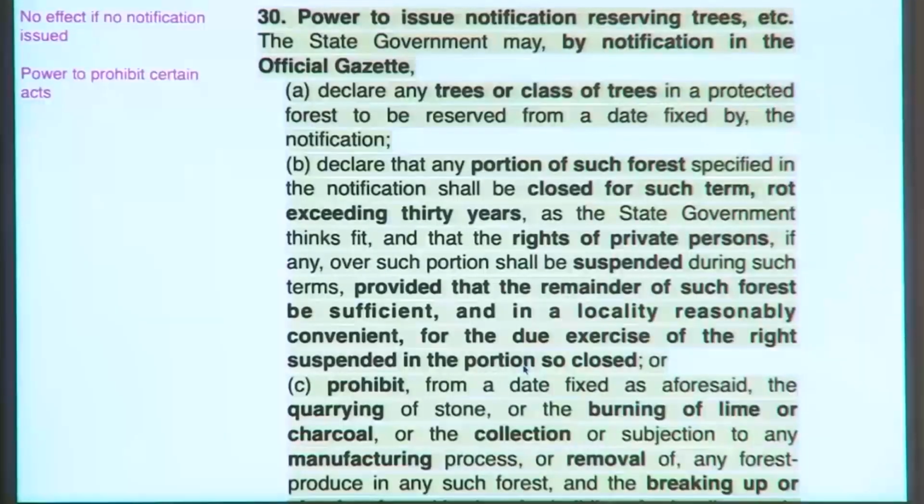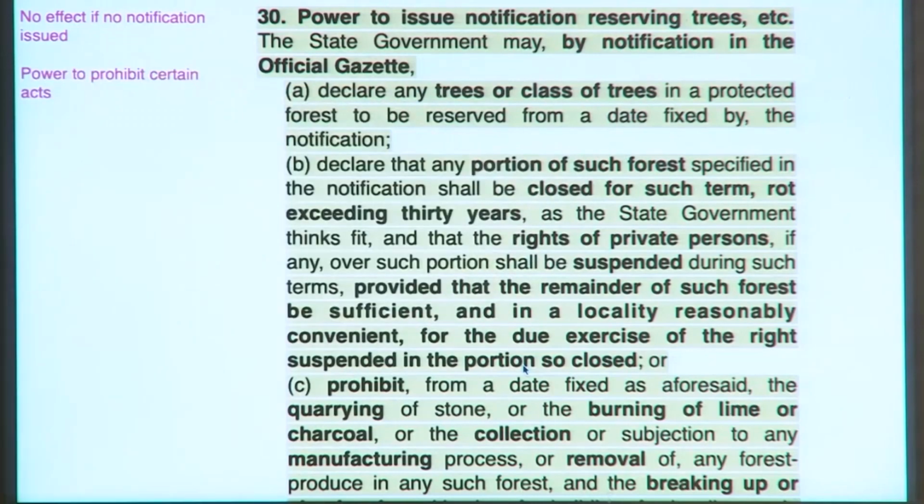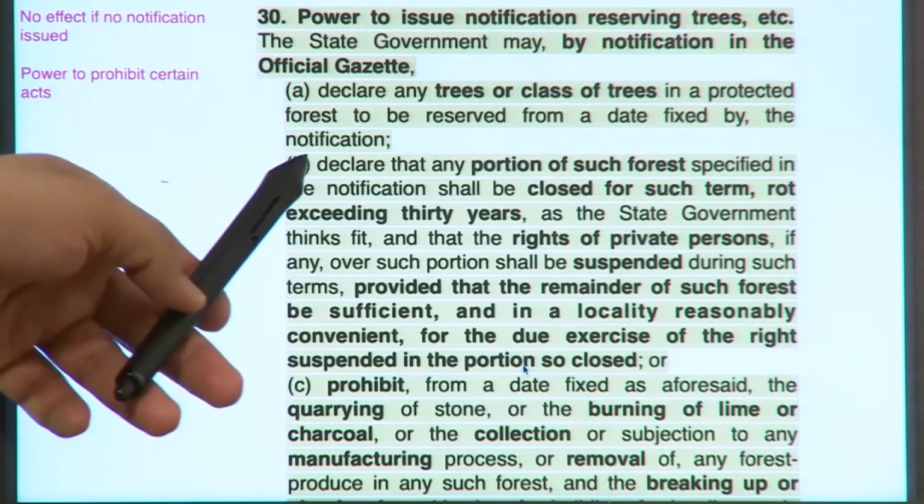Now, the government under section 30 has the power to issue notification reserving trees, etc. The state government may, by notification in the official gazette, declare any trees or class of trees in a protected forest to be reserved from a date fixed by the notification. So, the government can not only declare a forest as a protected forest, but inside a protected forest, the government can also declare that certain trees or classes of trees are reserved,